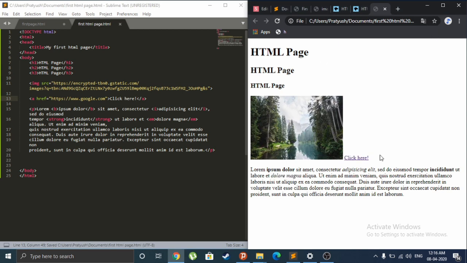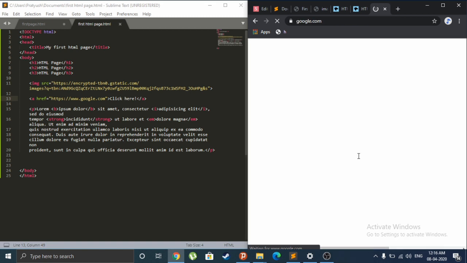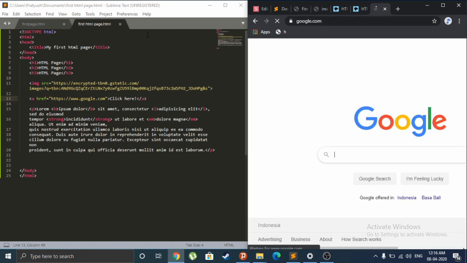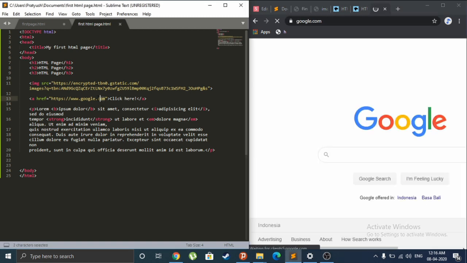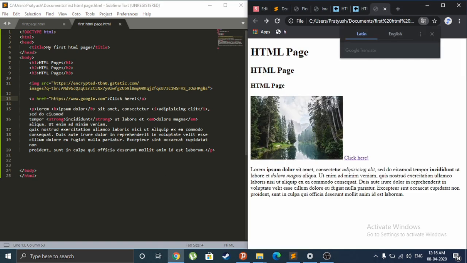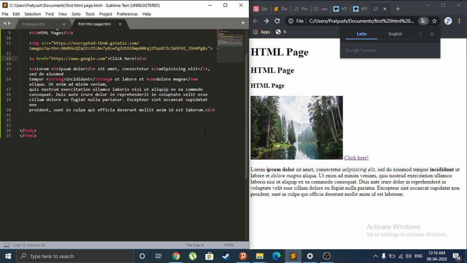Okay, so now you can see a link is generated over here. If you press that link, you will be directed to google.com, as we have provided a link of google.com over here. Okay. Now we will return. So this is an anchor tag. Next we will see